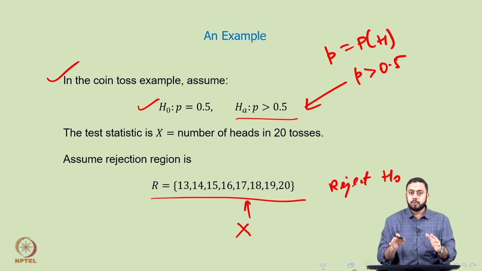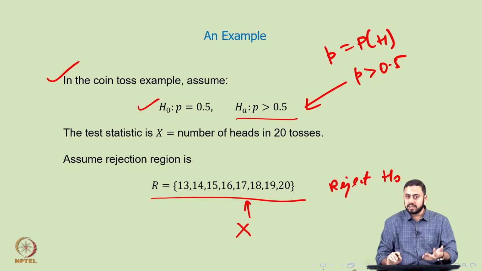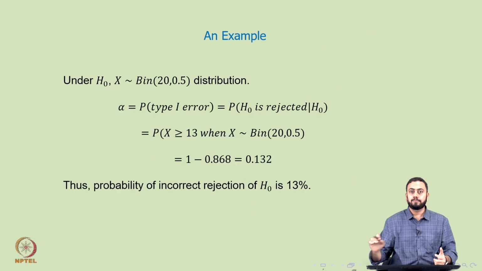Now if you connect the dots, it becomes much clearer. You write down H naught and HA, you write down a test statistic, you write down the rejection region, you conduct the test, and based on the rejection region you find out whether to reject the null or go with the alternative. Alright, now we will try to find out the values of alpha and beta quickly.